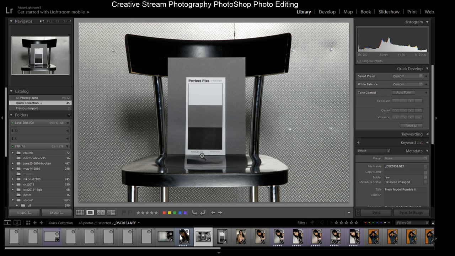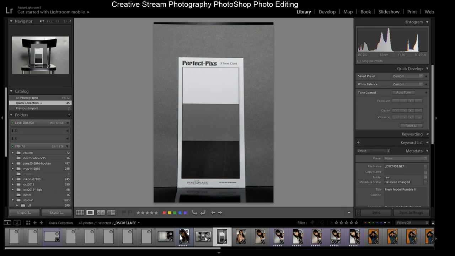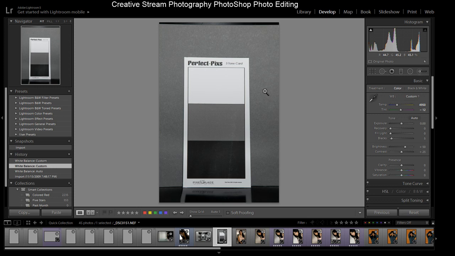So basically, what you do is you pull that into your photo editing program, and then you go into the development module, and all you basically need to do is